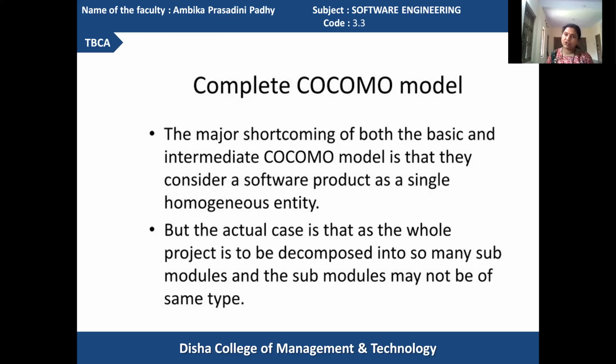You can go for using Halstead's software science, especially for estimating the software maintenance efforts. And the efforts calculated here will be more scientific in nature, and you can reach an approximated value more accurately.